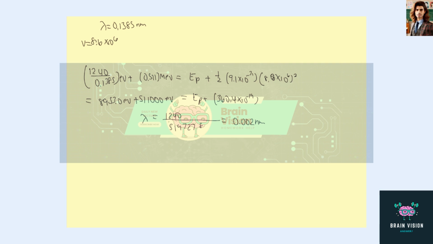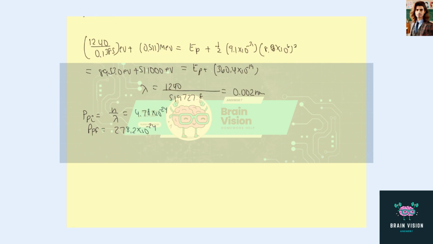our momentum conservation. Doing so, we can write that our initial momentum is equal to h over lambda, where h is Planck's constant, and actually it's h over our wavelength. So we get 4.78 times 10 to the negative 24. P final as 278.2 times 10 to the negative 24. We can plug in our values to our equation to get